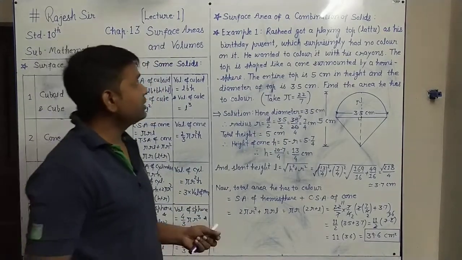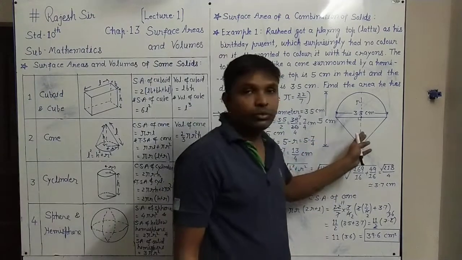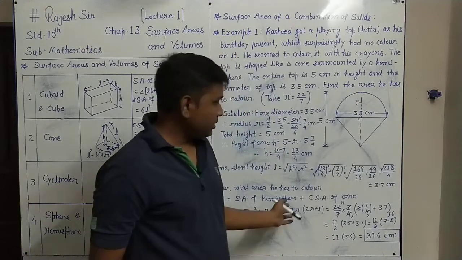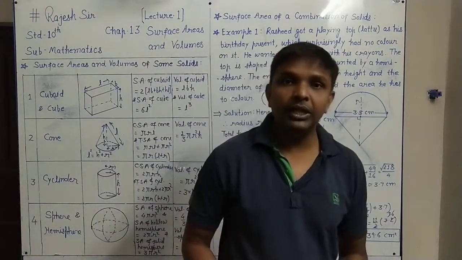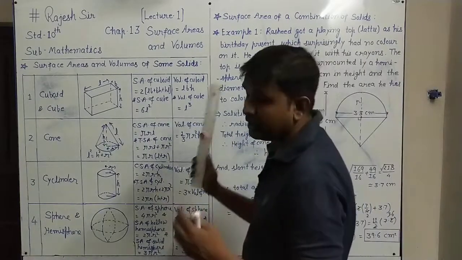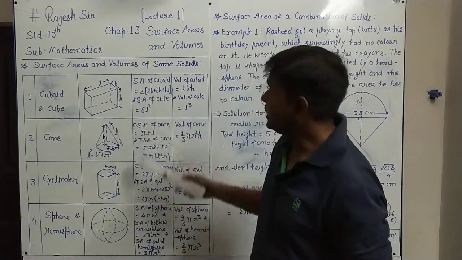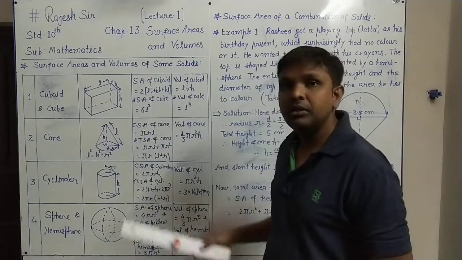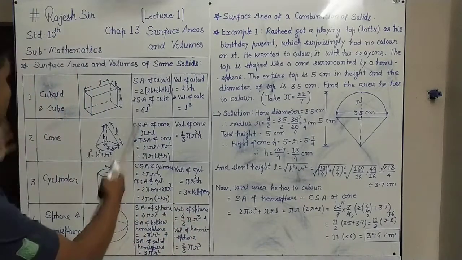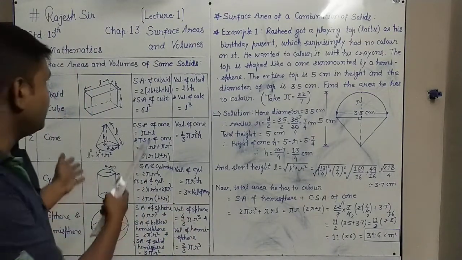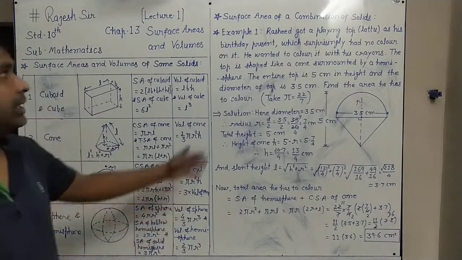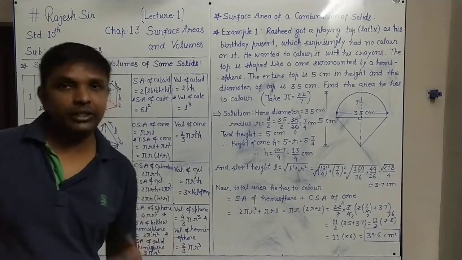So this way we have seen a combination of solids. It has two solids, a cone and a hemisphere, and we can understand from this example how to find the total surface area. But before this we need to recall all the formulas related to some regular solids. So in this first lecture you are suggested to write down all the 9th standard knowledge and the surface area and volume formulas of some solids, and then example 1. The next example we will see in the next lecture. Thank you.